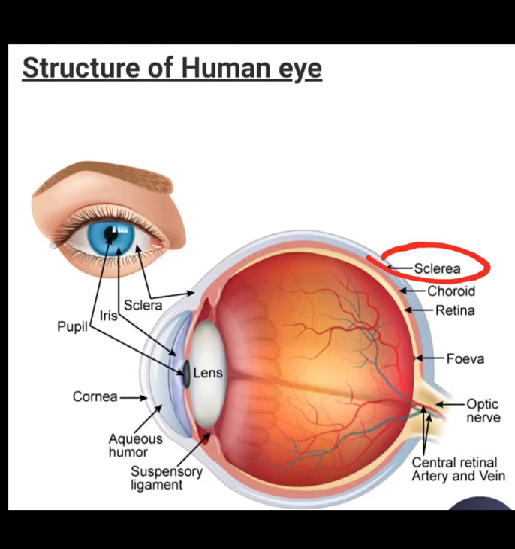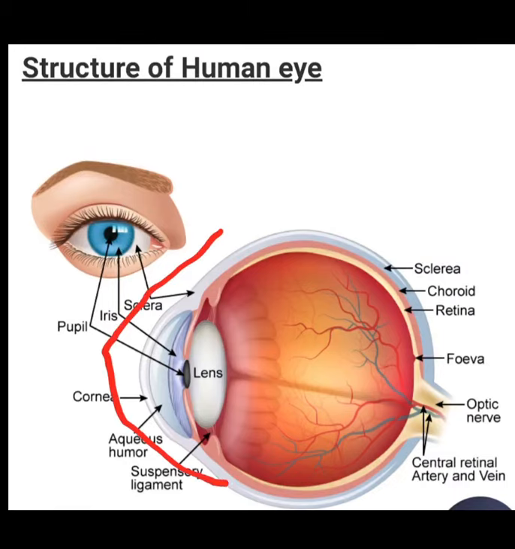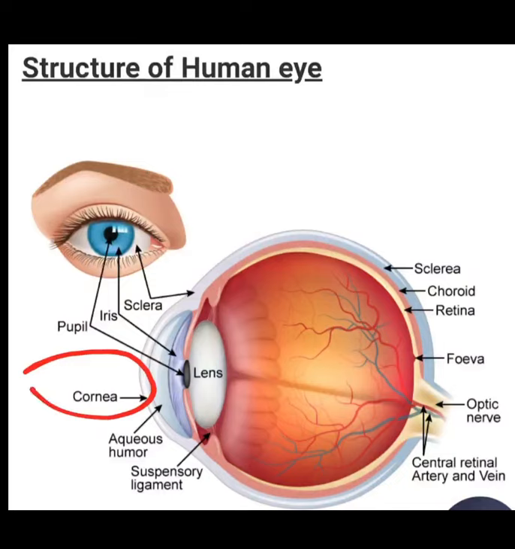This layer is made up of fibrous tissue and is white in color. The front white portion of the eye, which is visible from outside, is part of the sclerotic layer only. It bulges out from the front part of the eye, and this bulged out portion of the sclera is also transparent. This transparent part of the sclera is called the cornea, and it allows light to enter through it towards the lens to form its image on the retina.